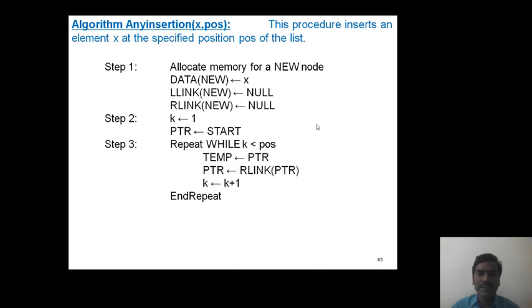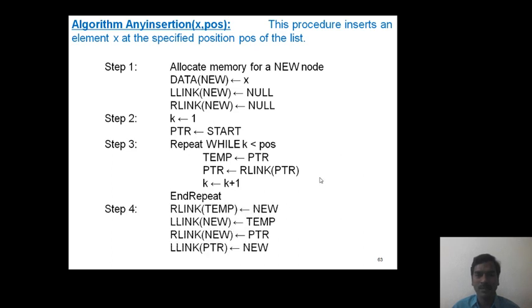Now step 3 is a repetition process. While k less than POS, if it is true, now we set another temporary variable temp that points to PTR. Now PTR shifted to PTR equivalent to R-link of PTR. Now k is incremented by 1 as k equivalent to k plus 1 and repeat.